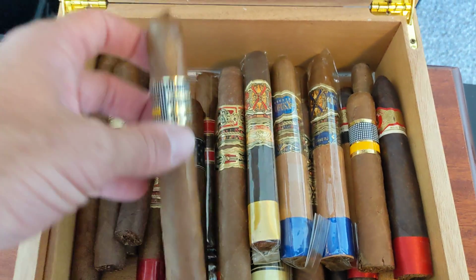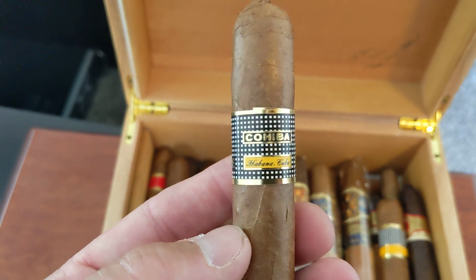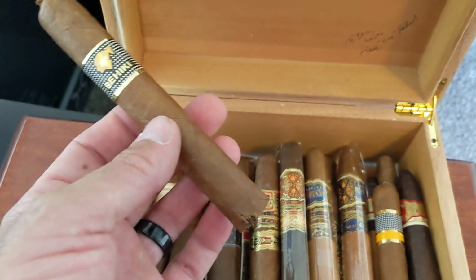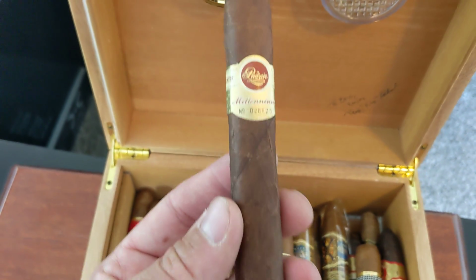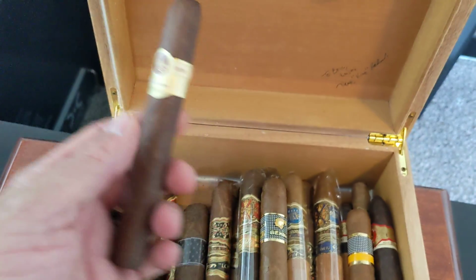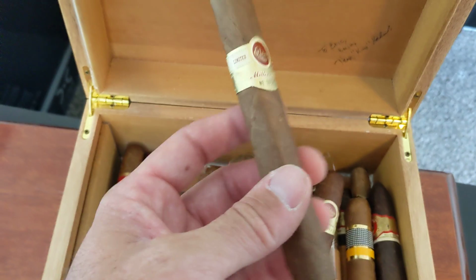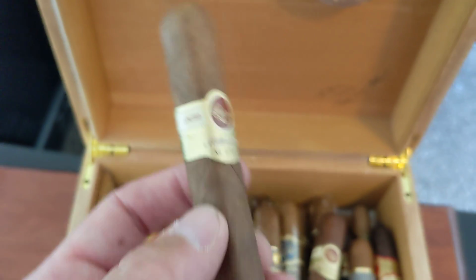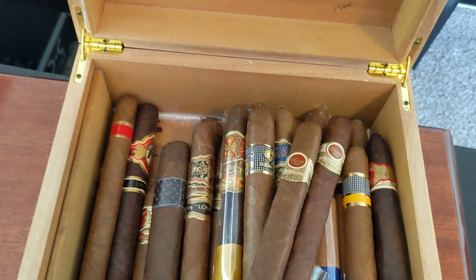All right. Here is the Cohiba Bahiki. Look at that. Authentic. Yes, I know it's authentic. You know why? Because I got it from a good friend of mine who has a box of these. Okay. Bahiki. There you go. When's the last time you've seen one of these? Padron Millennium in the year 2000 with the serial number. I got one. That's the Maduro. And no, this is the Maduro here. That's the natural. Right here. Padron Millennium. Serial number. This is 23 years old. I've had one of those. Wasn't the best smoke in the world, but